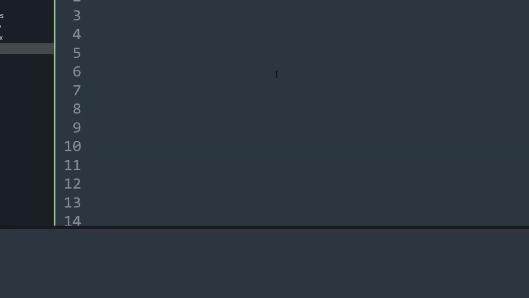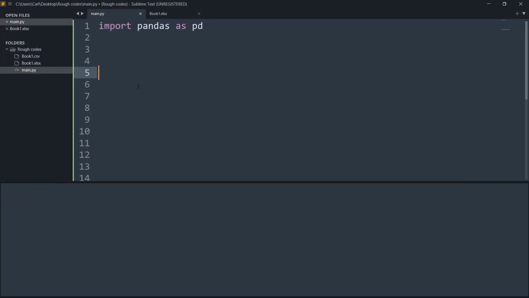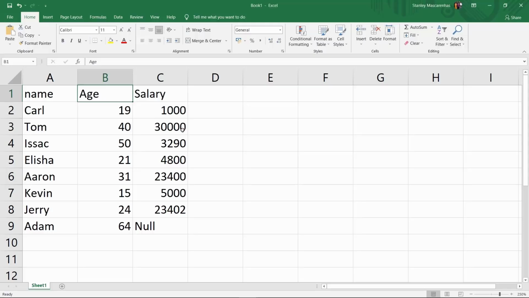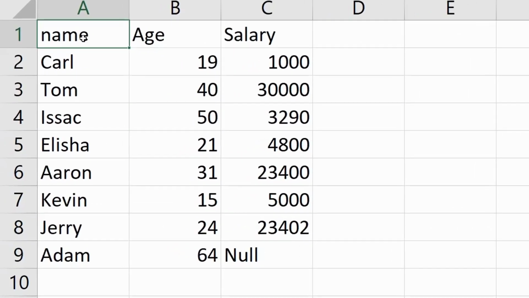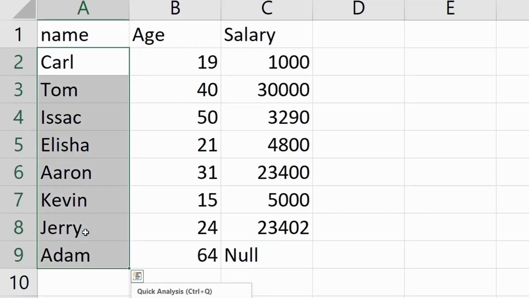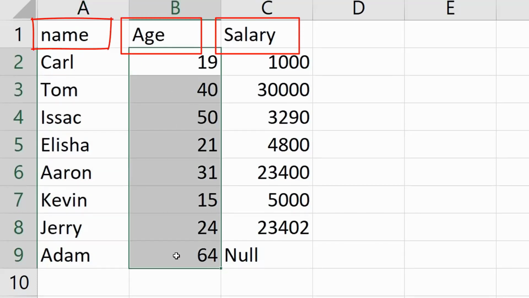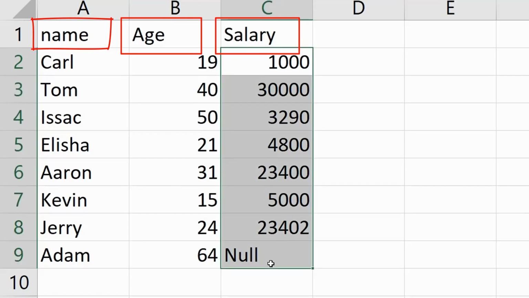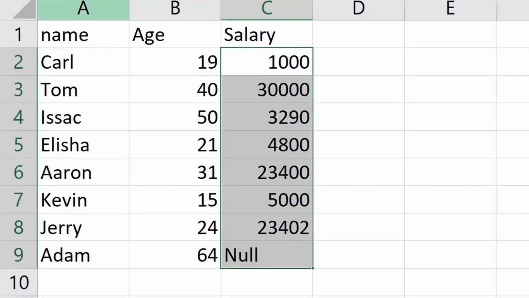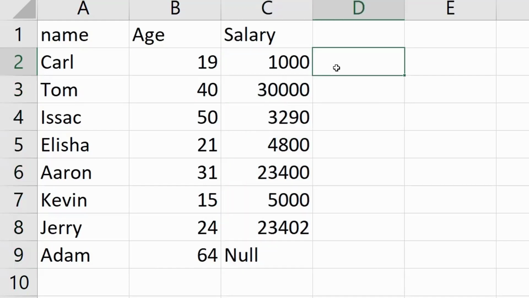Let me close this. Now I'll just show you the data that we will be working with in this video. So I have created a CSV data that stores data in the form of rows and columns. In the columns there is a section name, and in this name section there are a set of names along with their corresponding age and the salaries that they obtain. And this is just a random data set I have created so that we can work and understand how to gain certain data from our CSV files.